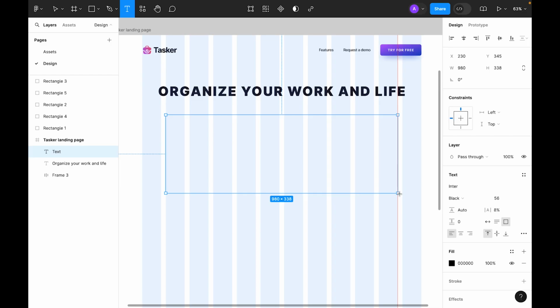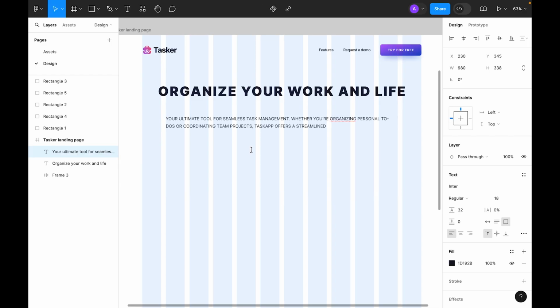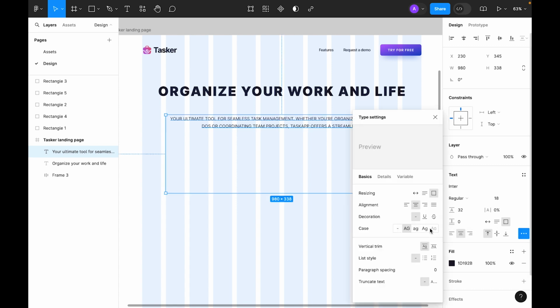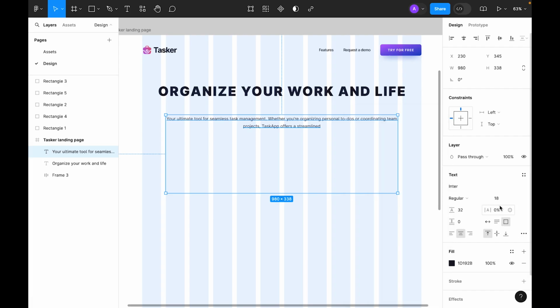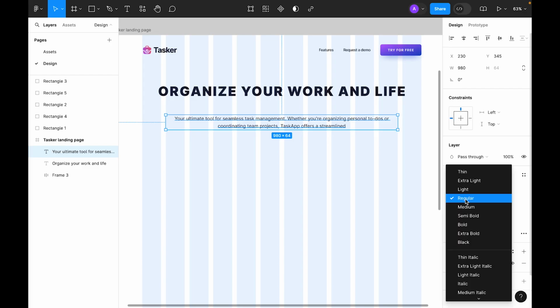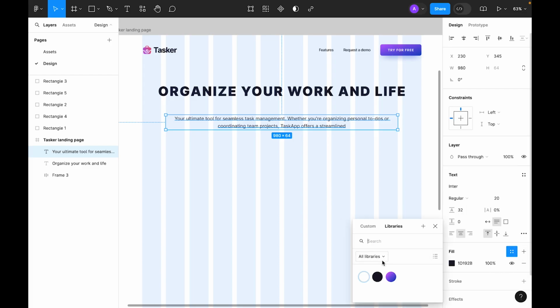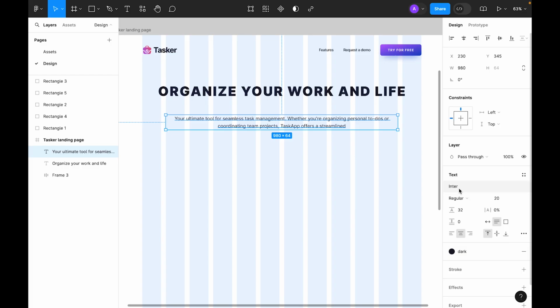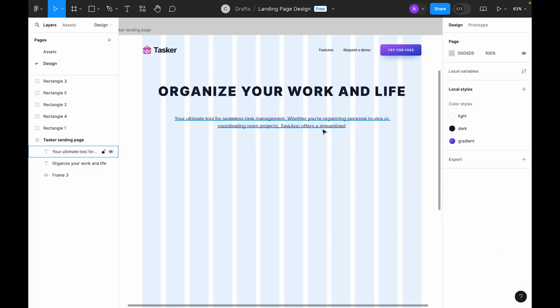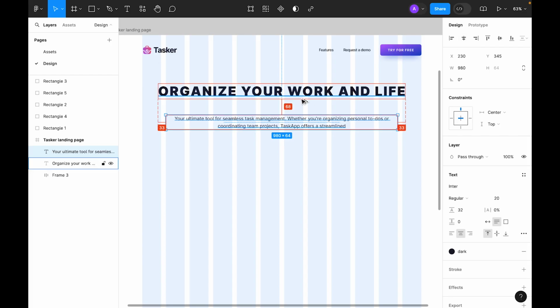Again, let's create a text frame. Let's paste some text here, and let's center align, remove the uppercase style. Let's use auto height instead of fixed size, and for the size let's use 18, maybe let's make it 20, and for the weight let's use regular. Color we have already updated to dark, and regular is fine. So this is our paragraph. Now let's align it,